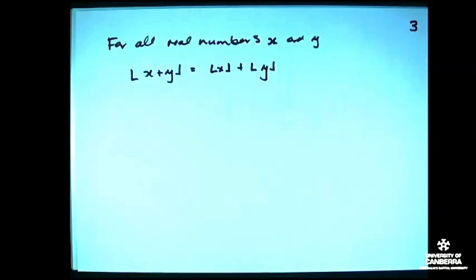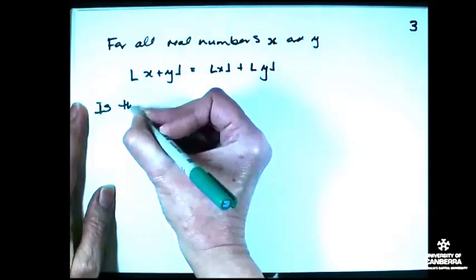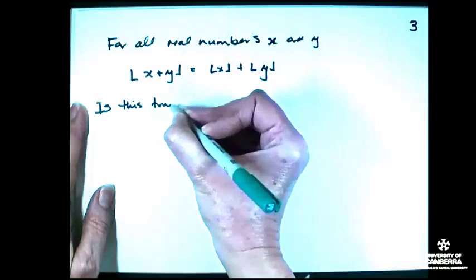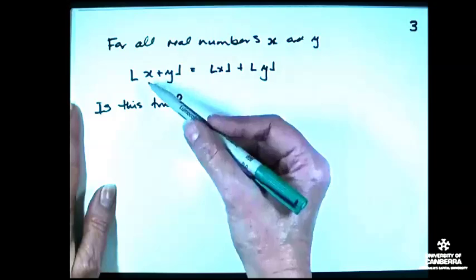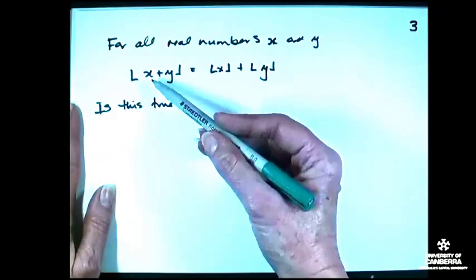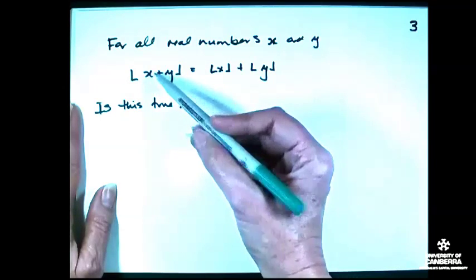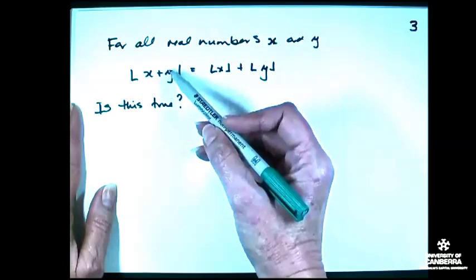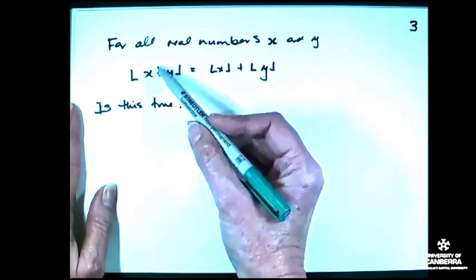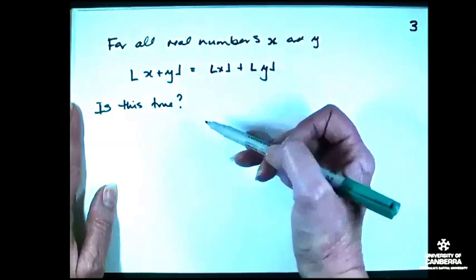Notice we haven't written a theorem here for it. Is this true? Alright, well, let's have a think about it. If we have numbers that have large fraction parts, so 4.9, 10.8, then the decimal parts are going to add up to be more than 1,